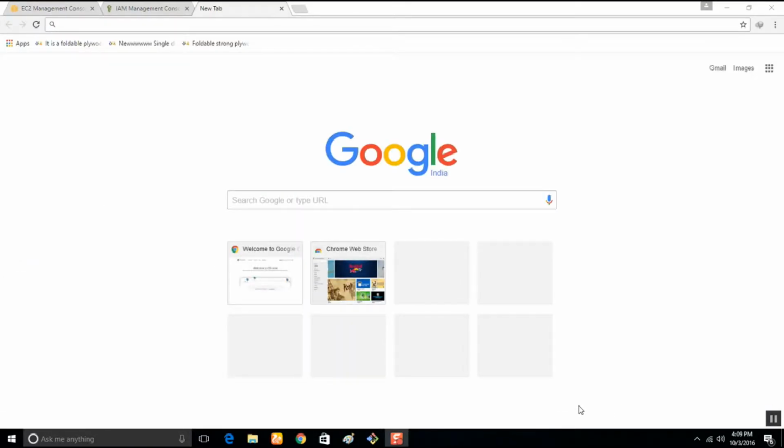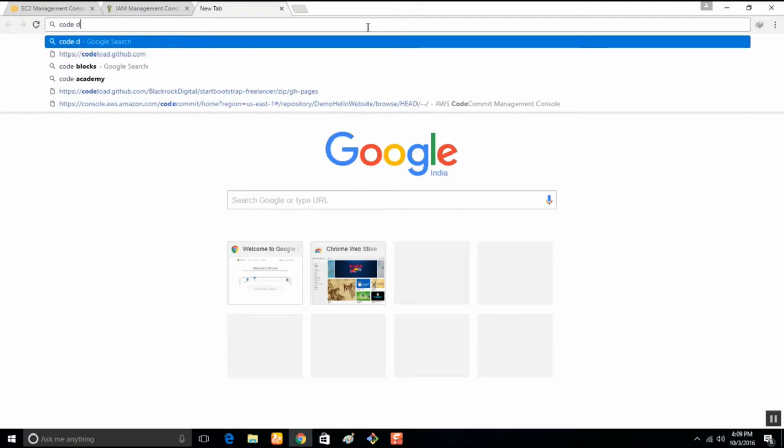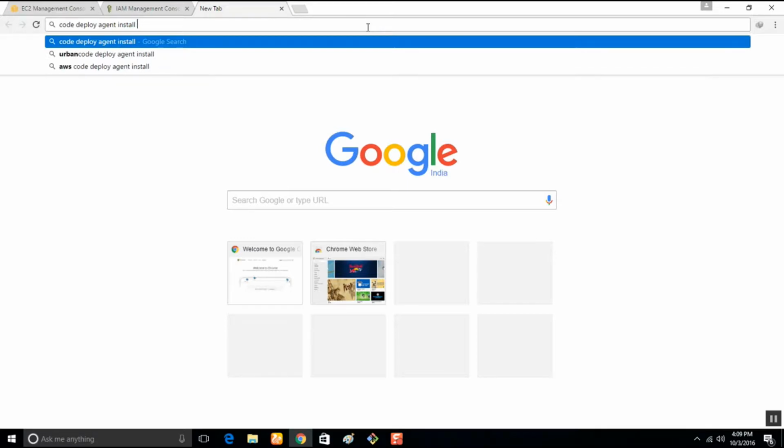Now let's try to install the CodeDeploy agent script. Let's go with the AWS documentation. For that I'm opening Google and searching for CodeDeploy agent install.